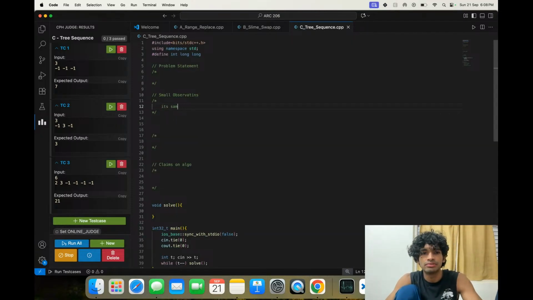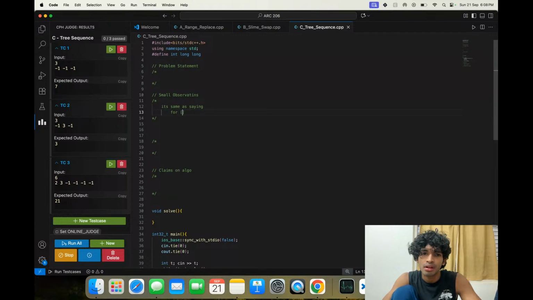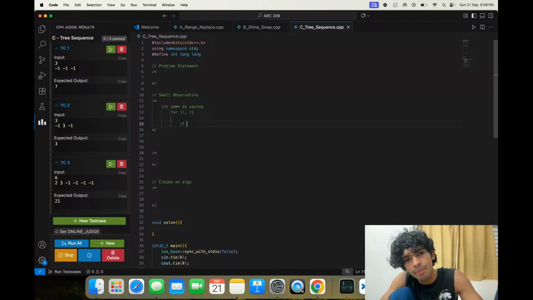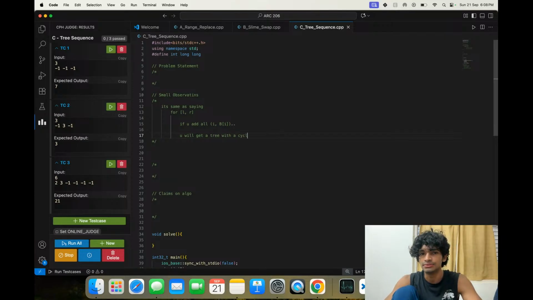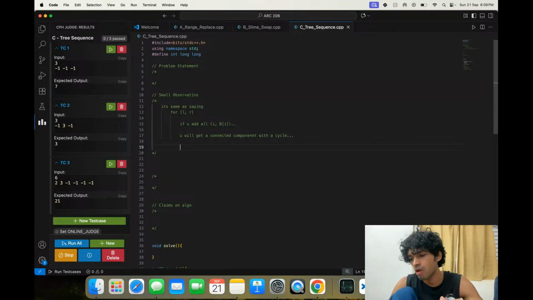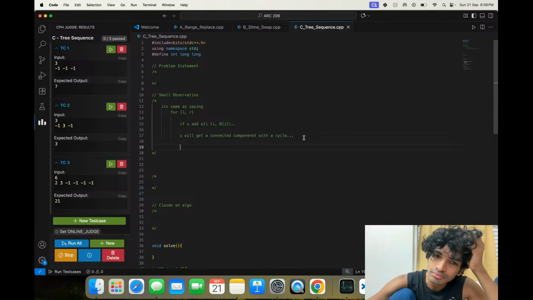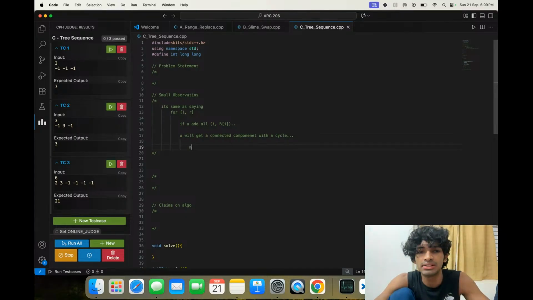It's the same as saying for L comma R, if you add all I comma B of I, you will get a graph with a cycle. You have a connected component with a cycle, meaning Z vertices, Z edges. This is what it means.